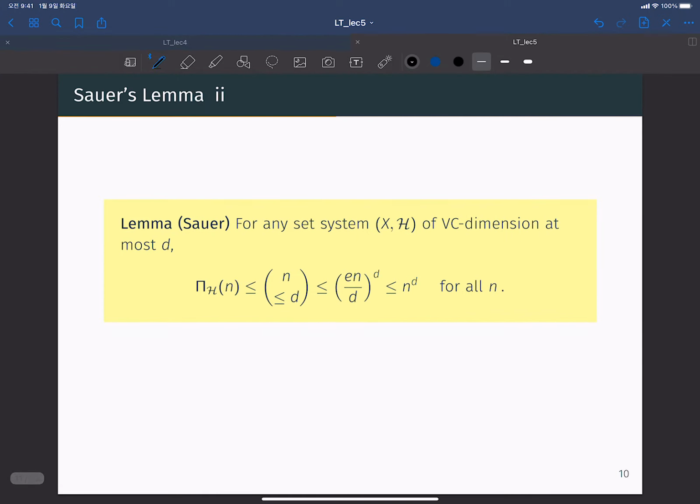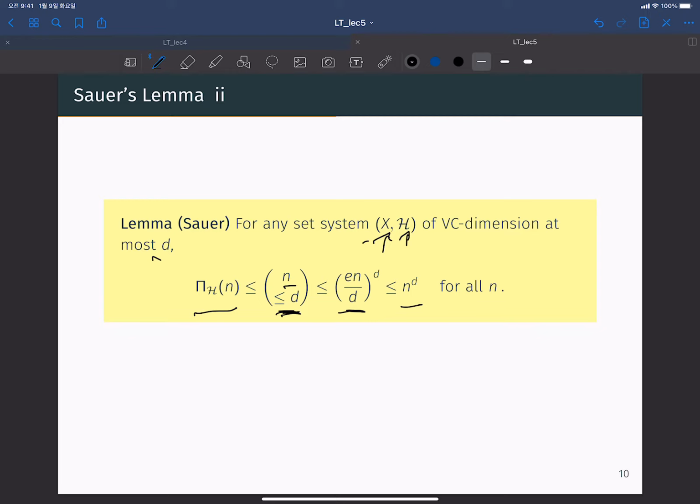So this is Sauer's lemma. For any set system X and H, where this is the input domain and this is our hypothesis set, having VC dimension at most d, then the growth function value can be upper bounded by n choose less than or equal to d, what we just defined. And from the last inequality properties, this is upper bounded by this and this is upper bounded by this. So when we know the VC dimension,